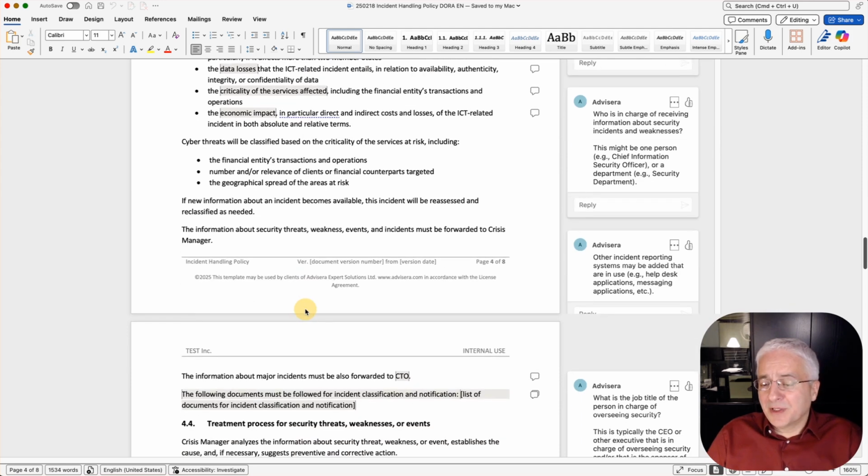So basically, as you can see, whenever some information is being repeated, either from some previous documents or within these documents, then it's actually automatically handled through the wizard, and this is how it speeds up the writing of these DORA documents. Hope this was helpful, and to see this incident handling policy for yourself, sign up for a free